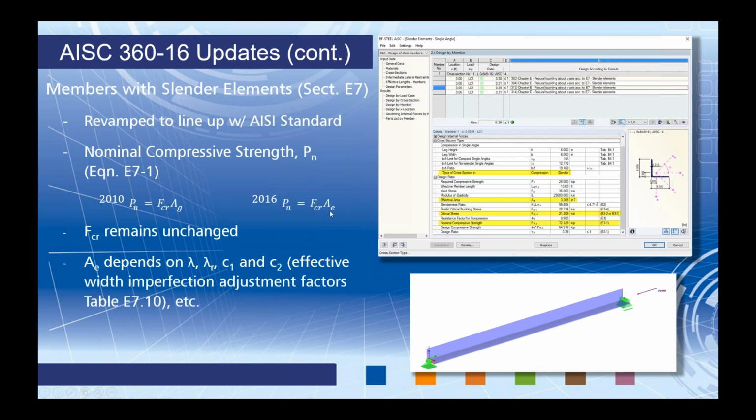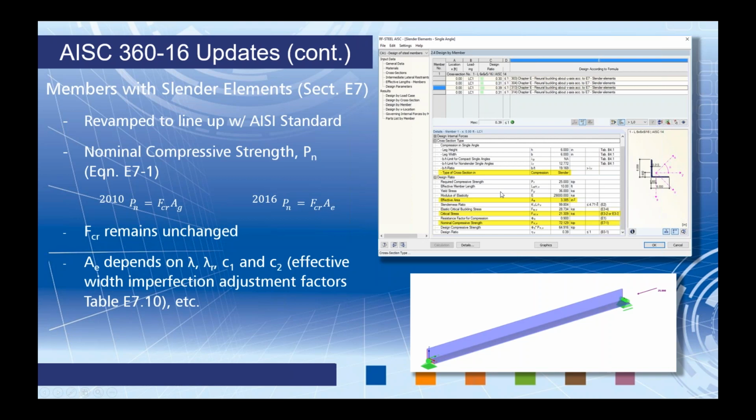So this sounds almost identical to what we saw in chapter C. So our critical stress remains unchanged, but A sub E is completely different. It depends on some lambda values here, which are the width-to-thickness ratios of our elements, our local elements. C sub 1 and C sub 2, which are new effective width imperfection adjustment factors according to table E7.1, and some other variables. So you can see my small little example here that I did in RFEM, and then